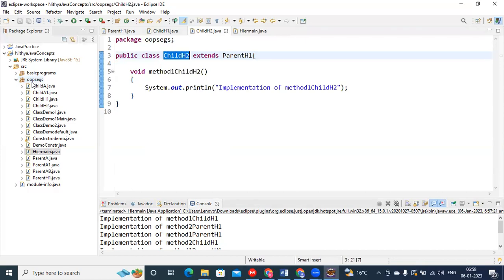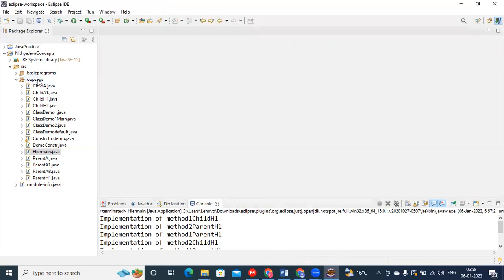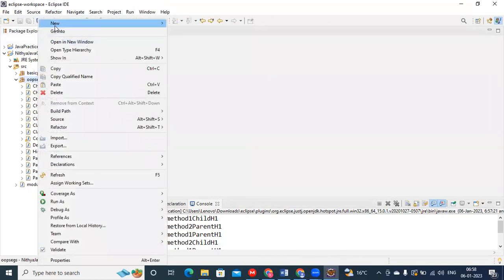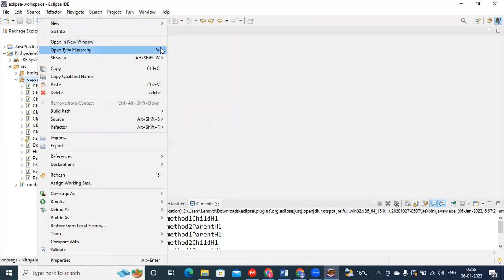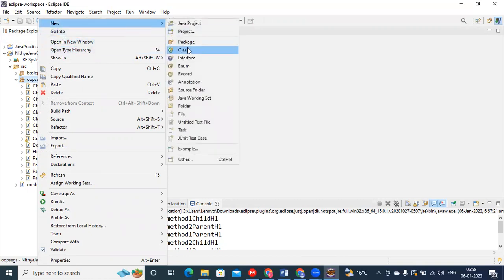We discussed in the previous session that multiple inheritance is not supported by using classes. How it works, we'll see that. Multiple inheritance is nothing but more than one class should be a parent, and by using those parent classes, we have to derive a single class. More than one parent. So I'll be taking class as